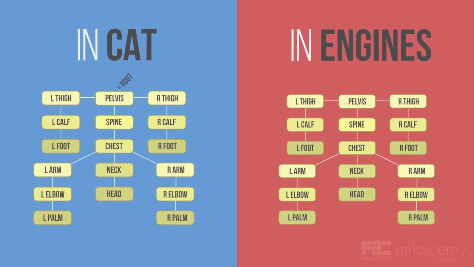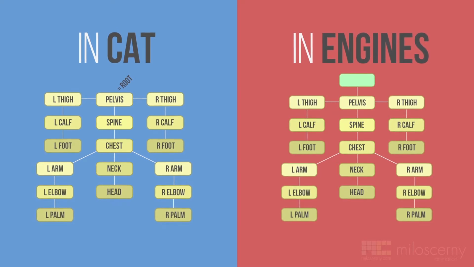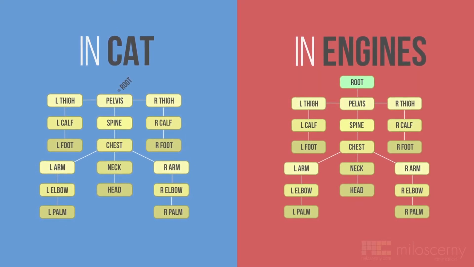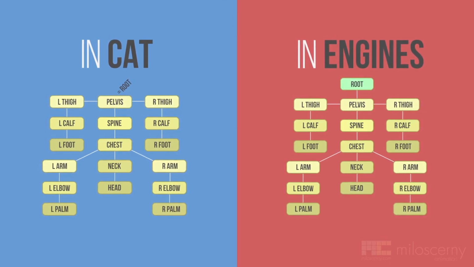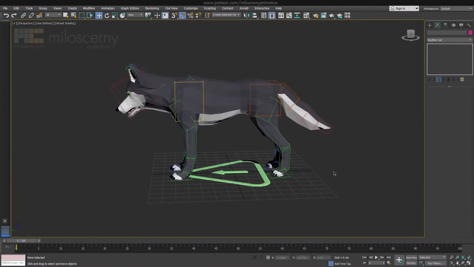Most of the game engines usually need a bone above all the rest, for different features. Bone commonly named as root. For example, collision mesh is usually tied with the root bone. Features like root motion or even general position of the character is driven by root bone. So what this means for us is that we need a bone above pelvis in the hierarchy.